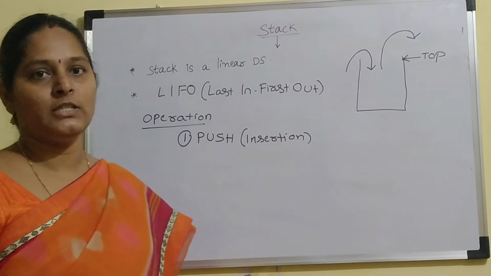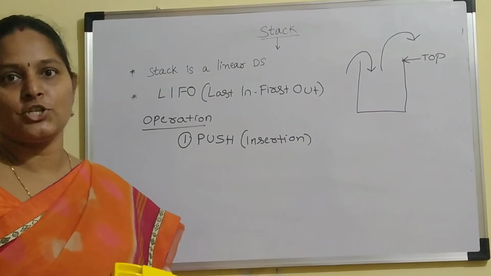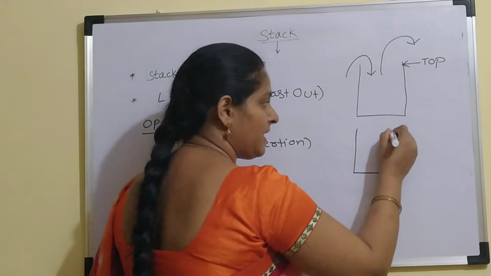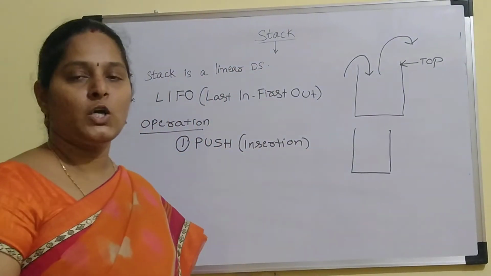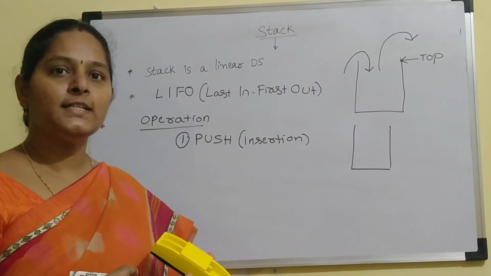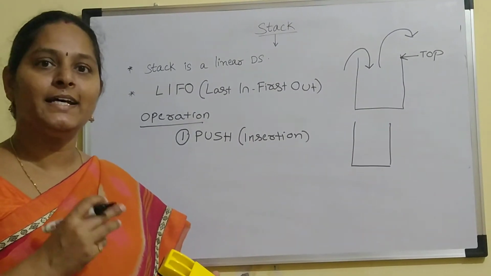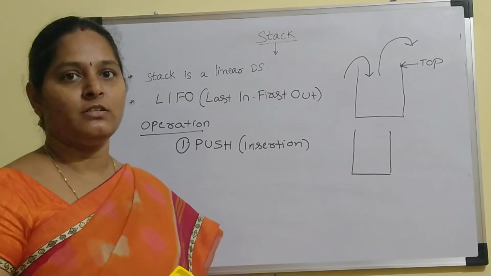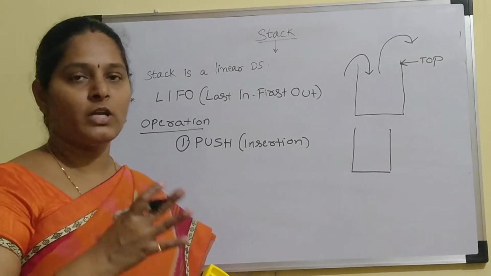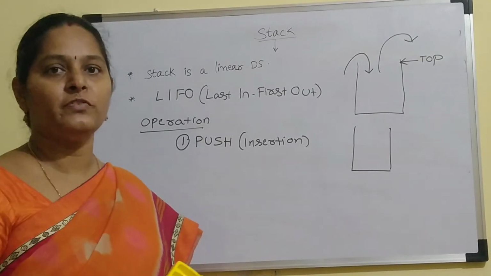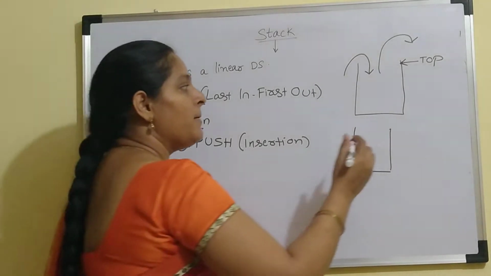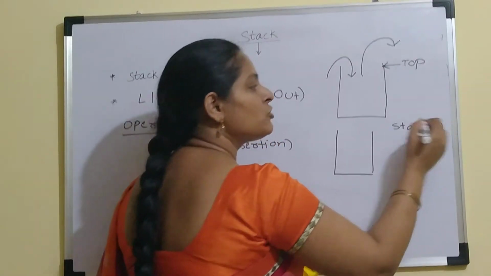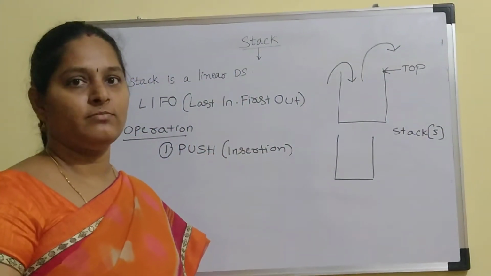Let us see one example on this insertion operation. Suppose here I have decided my array size as 5. Before storing the data elements itself, I have decided to take the array size as 5. So in that case, we can go for array implementation, because we know the size of the stack. That is the reason we can go for array implementation. Now my stack size is 5, which indicates that I can store only 5 elements into the stack.